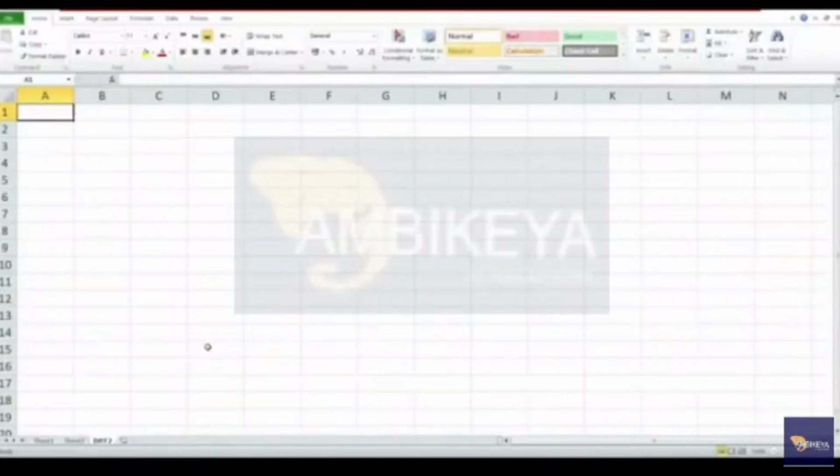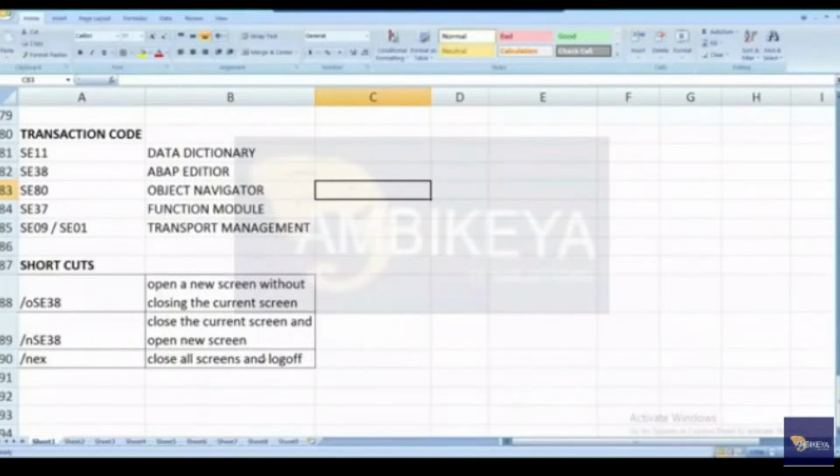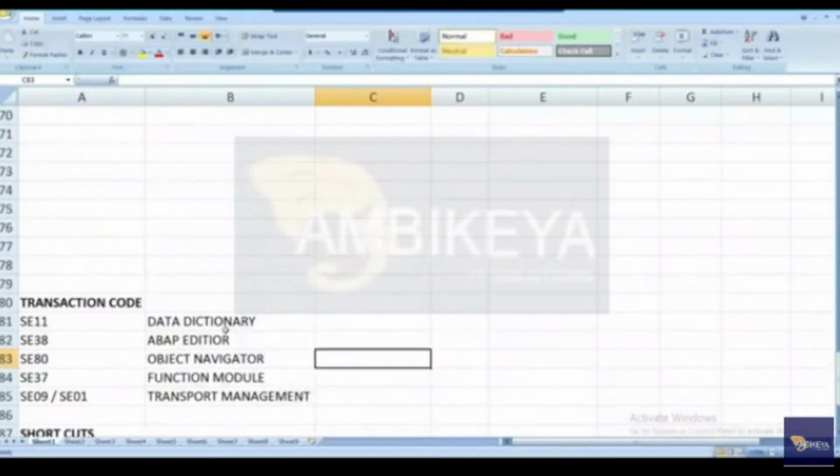So normally in ABAP, what we'll do, programming is the main functionality, correct? Programming is the main thing in